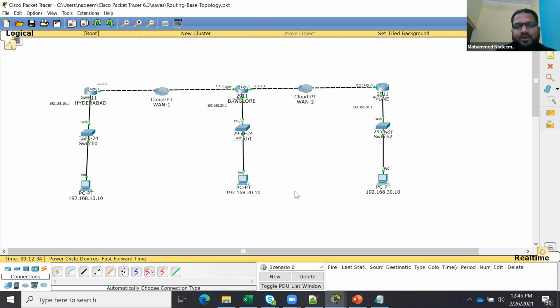In the dynamic protocol, you have 2 broader categories, IGP and EGP. In IGP, you have RIP, OSPF, and EIGRP. And in EGP, you have BGP. So you need to study these 4 protocols in detail in the coming future. Your interview questions will be based on the routing protocols and neighborship, and no one is asking you the commands. They will ask you how the neighborship forms in OSPF, how the neighborship forms in EIGRP.